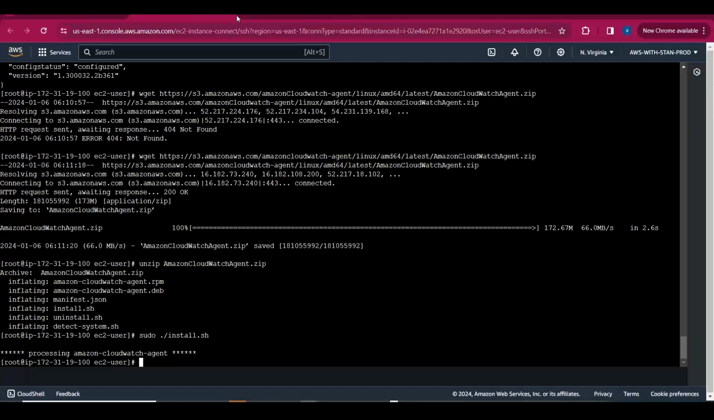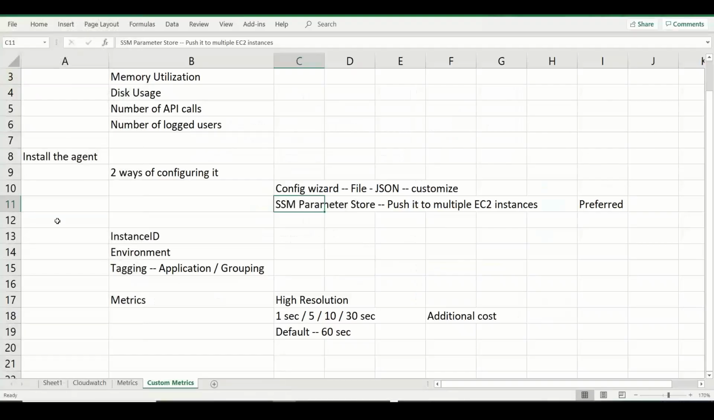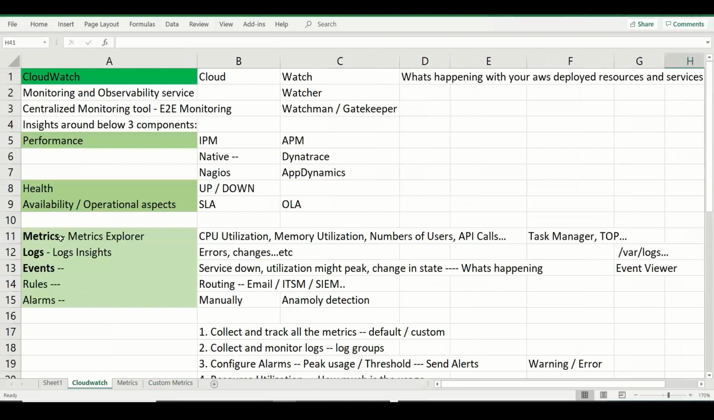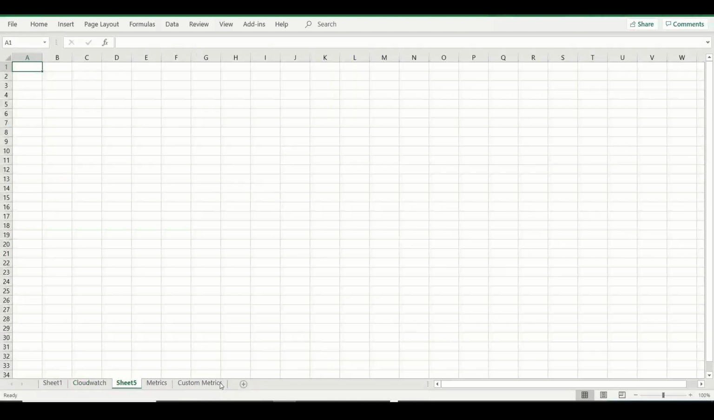So let's do one thing. Let's cover the second option alone, which is CloudWatch logs. So far we have covered metrics. Now we are going into the logs. See, log